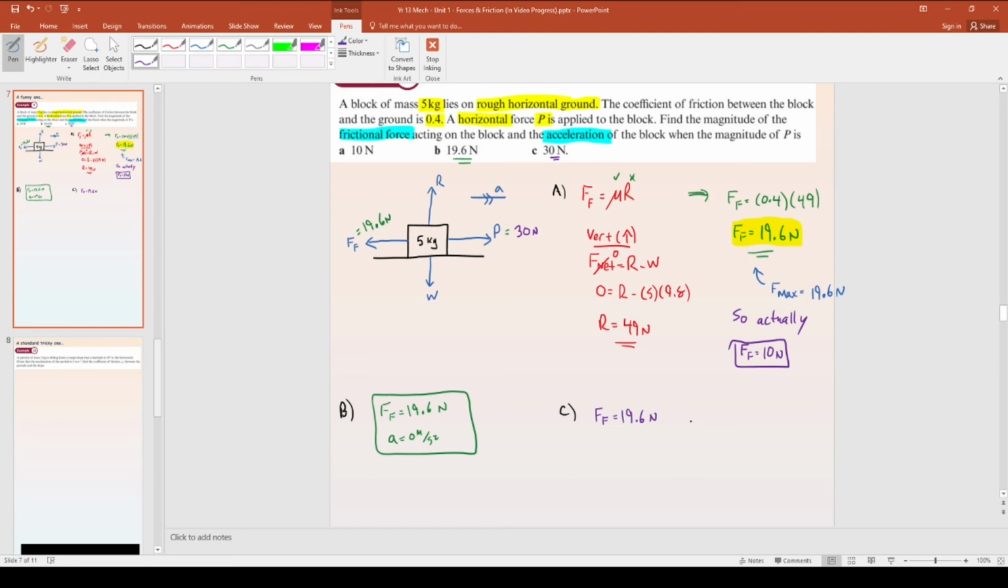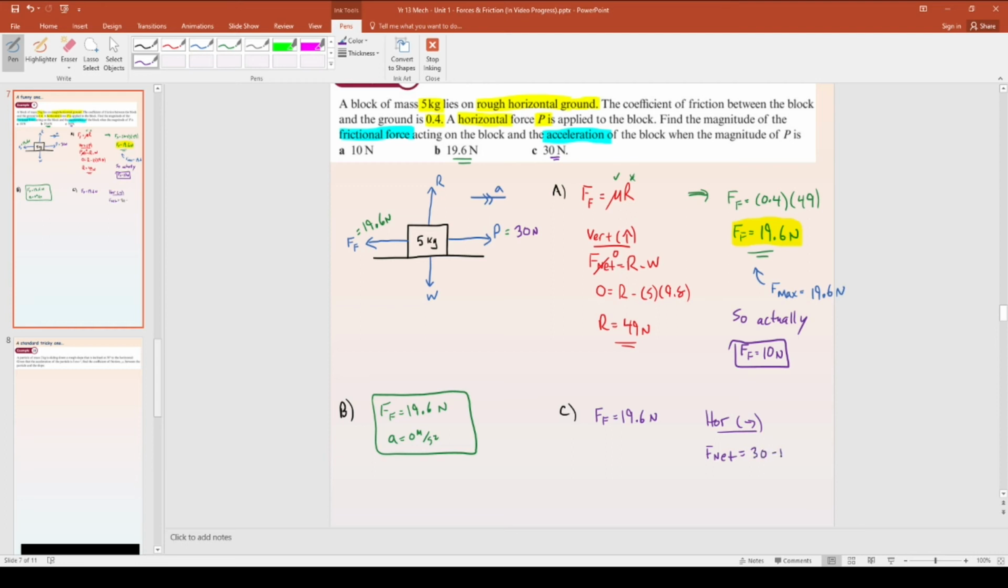It's going to take the full 19.6. The second part of the question is to find the acceleration. So now we get to go normal again. So here we go. For horizontal, pick a direction to be positive. I'm going to pick right because that's the direction of acceleration, and then the balance of forces F net equals